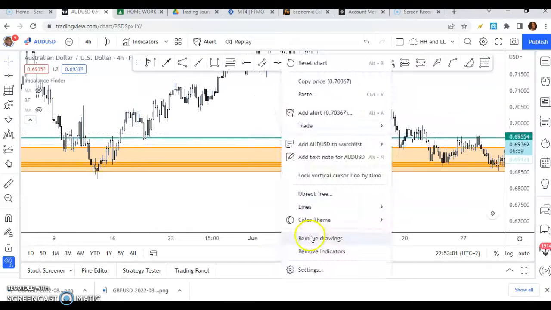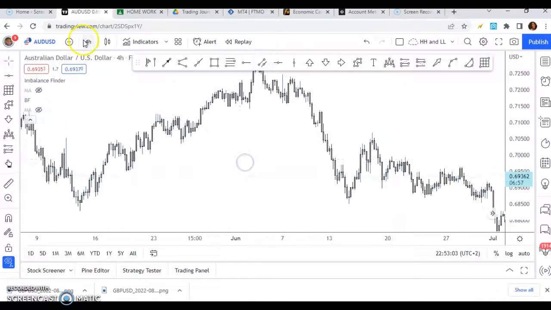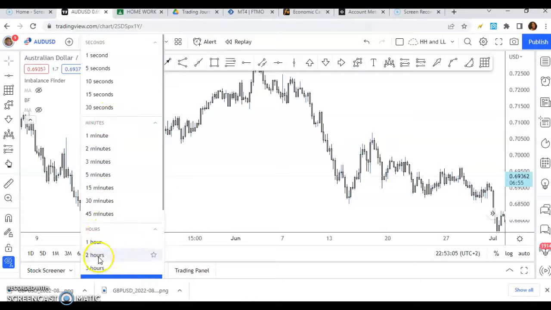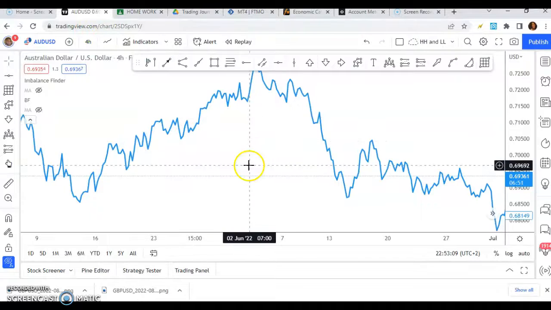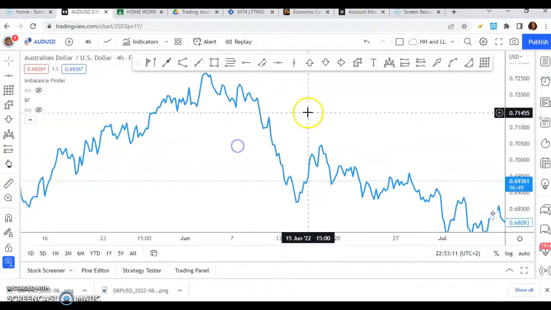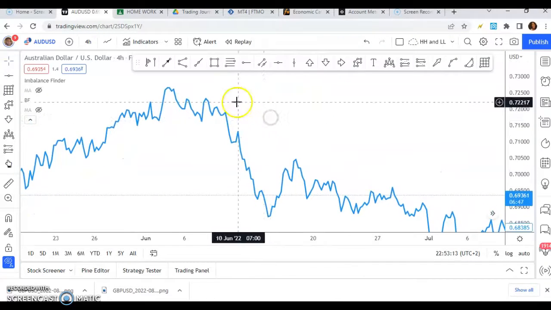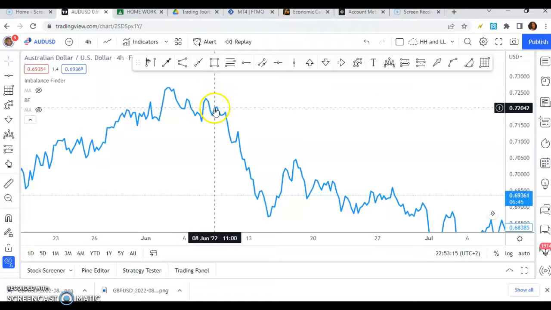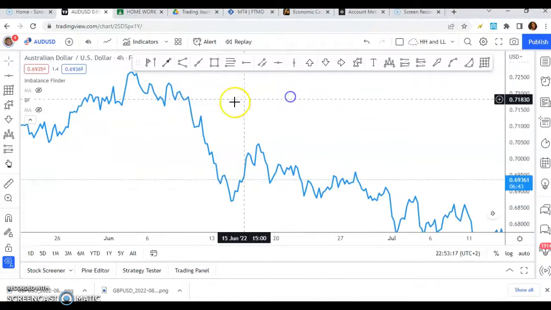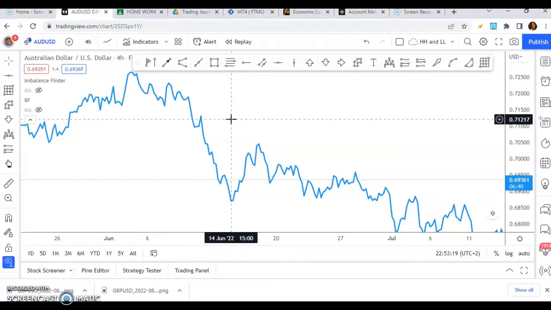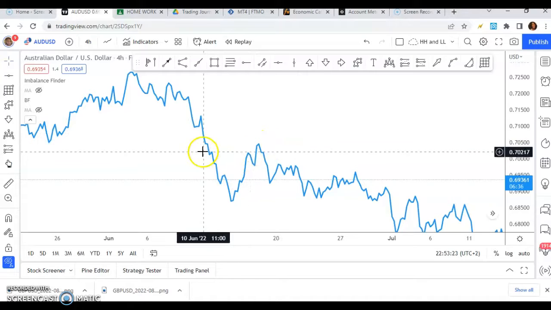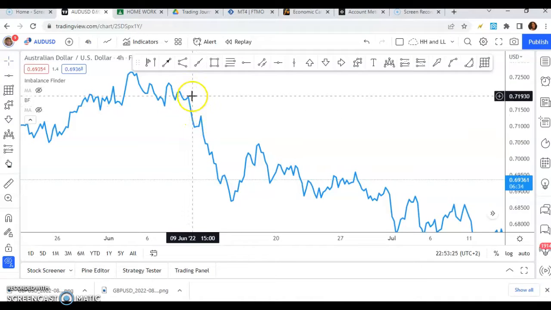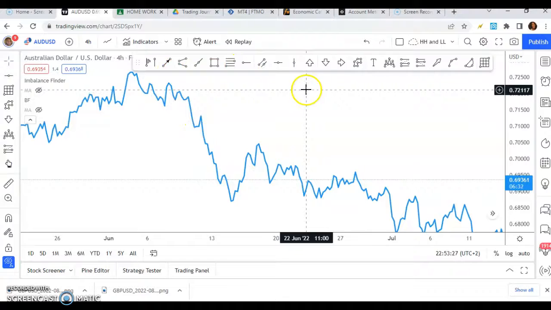So for a sell, I'm going to show it to you real quick. We're going to switch it to the line chart. And so for the sell, it's the opposite. You're going to find a high and a lower high. So you're going to follow where the market is at. So say the market is down around this area, right? You're going to look for the most recent highs above it if you're looking to trade with the trend,